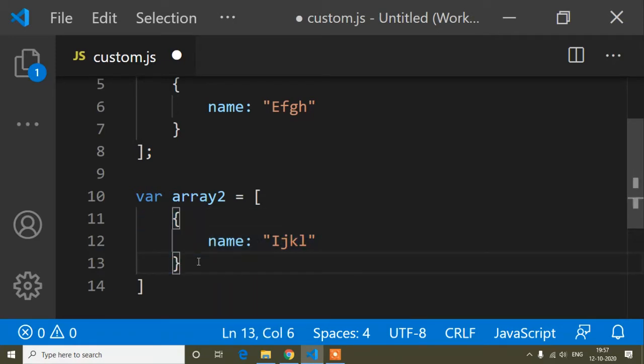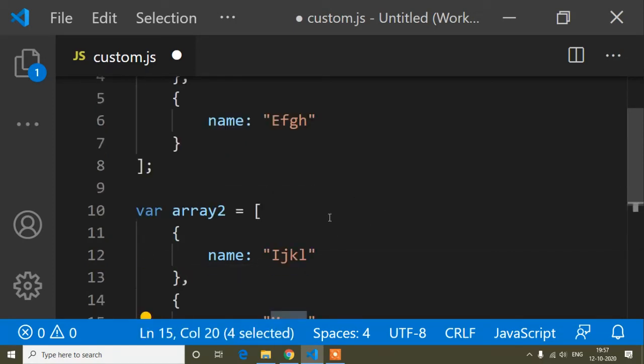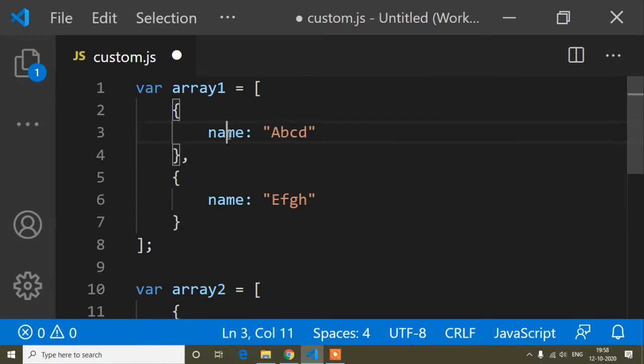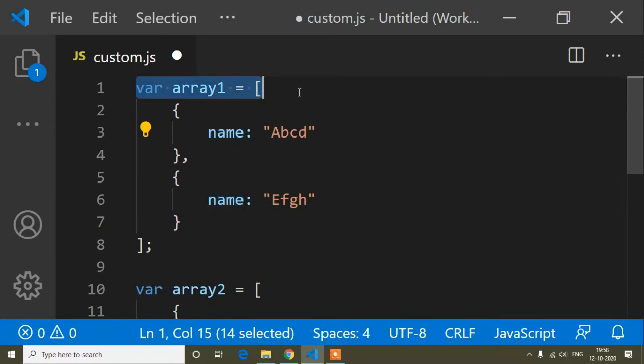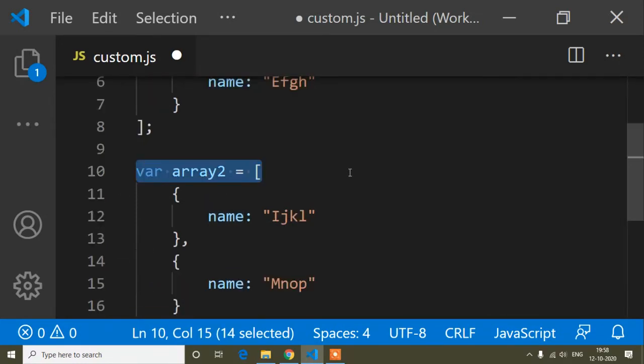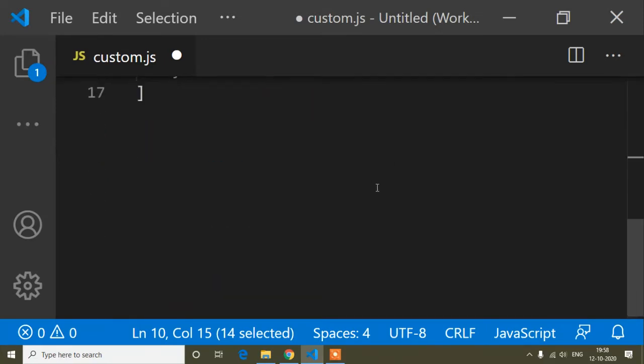So copy this one, comma, and I will change it to mnop, but you can put any value as per your choice, and you can write anything instead of name. So now here I have created two arrays, array1 and array2. Now I want to concat array2 into array1.